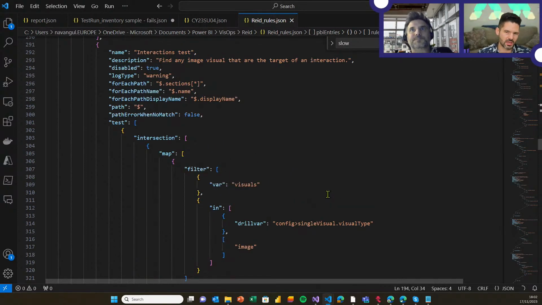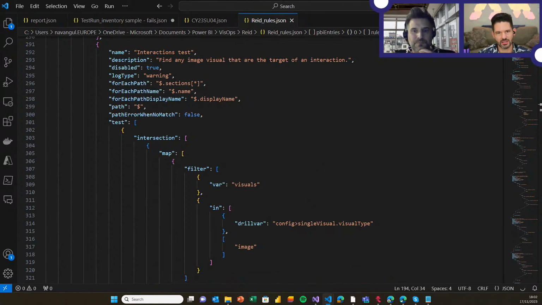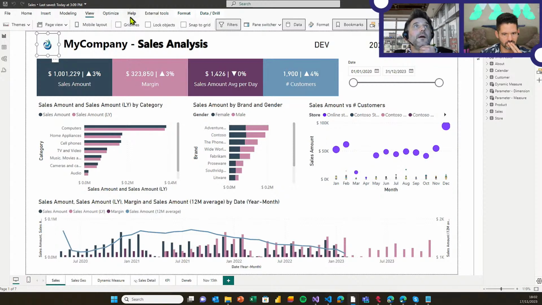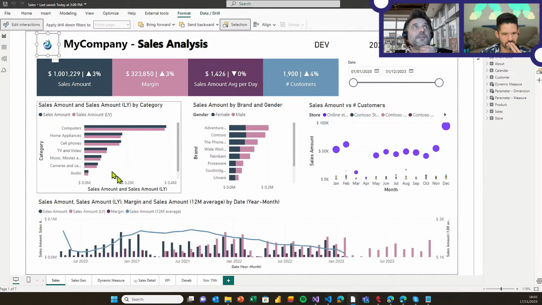So yeah. Can a slicer pass a... I thought shapes and images were exempt from having a query set to them just because they didn't have any data in them. Yeah, I'm just going to show you what I mean. Okay. You see this report in here. There's the image, which I guess is the logo. And if we go to edit interactions and select this,